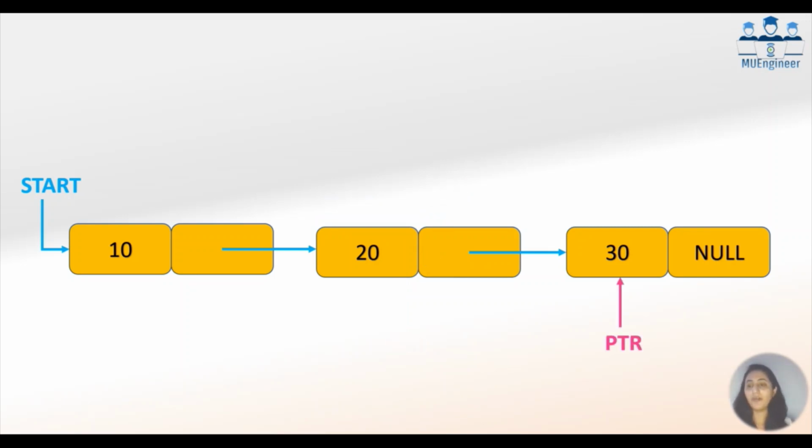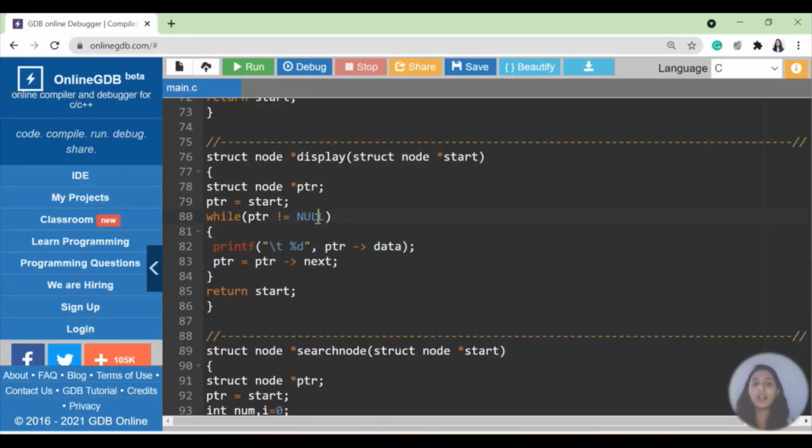So now ptr will start pointing to 30 because ptr.next is, say for example, this is at location 2080. Okay, so the address of node 30 is in the next part of node 20. So now my ptr has come from this node to this node, because ptr was earlier holding the address of node 20, that is 2050, and now it is holding 2080, which is the address of 30. So again, is my ptr null here? No. So at the last node ptr is again not null.